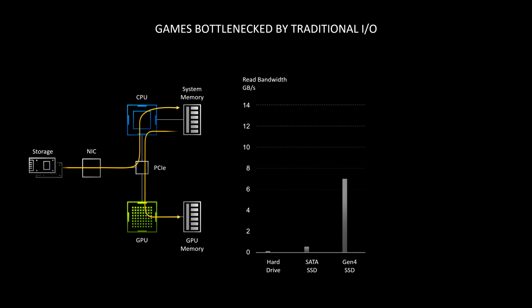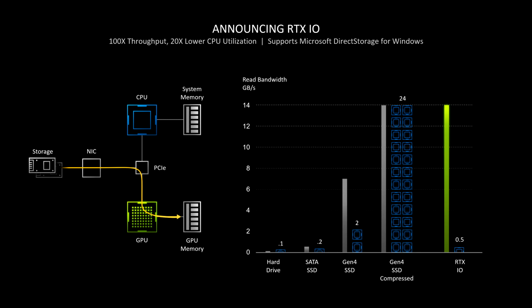While more storage bandwidth is always welcome, the storage processing stack, the task of processing ones and zeros to the physical layer, is still handled by the CPU. With the rise in storage bandwidth, the I/O load on the CPU rises proportionally, to a point where it can begin to impact performance. Microsoft sought to address this emerging challenge with the DirectStorage API, but NVIDIA wants to build